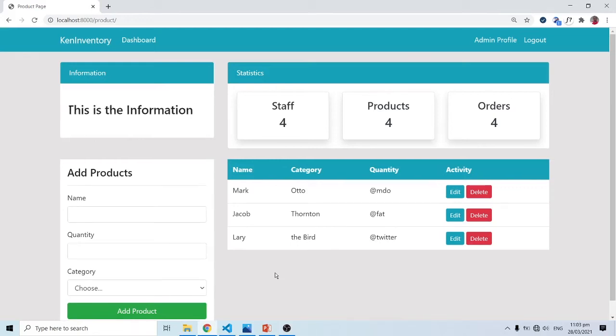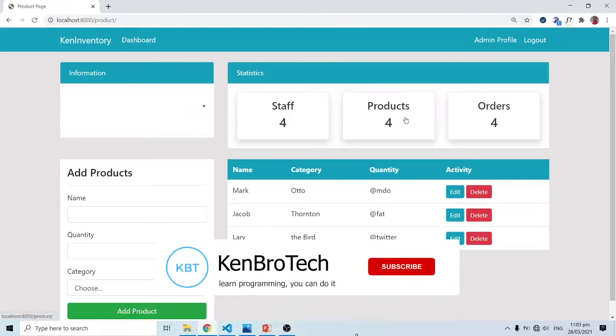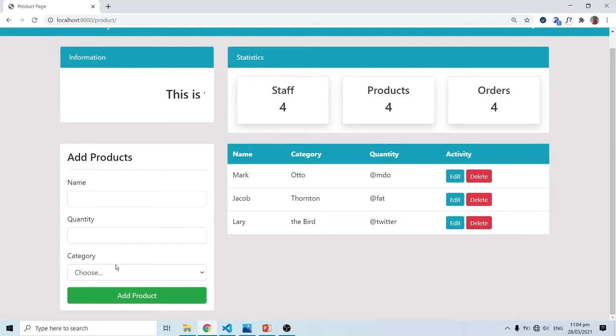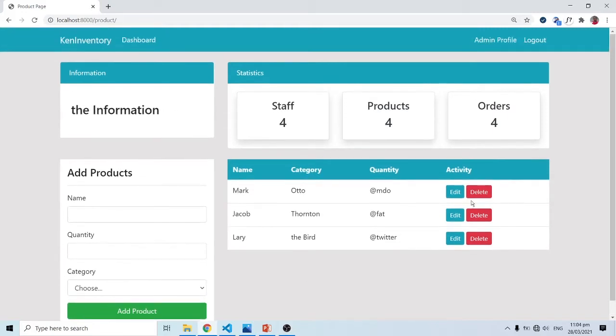So in this part of the tutorial, we are going to work with the products view. Okay, this session over here. We are going to see how we can read or fetch data from our database and display them here. We are also going to see how we can add data through this interface right over here. Then we are also going to perform the basic CRUD functionality I'm going to speak about very shortly. So we'll learn how to delete an item from the database or edit an item based on what we've added